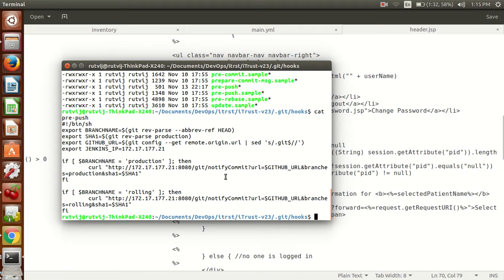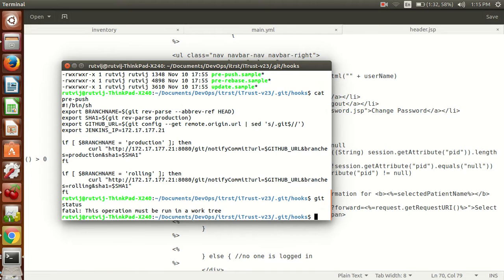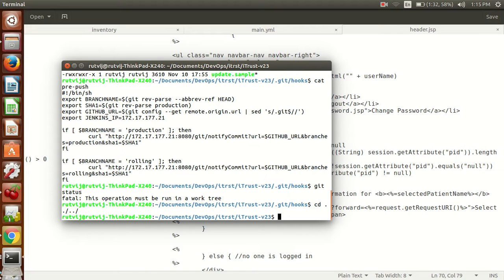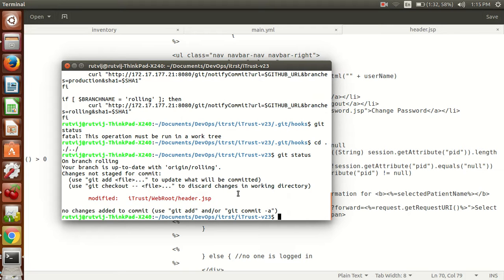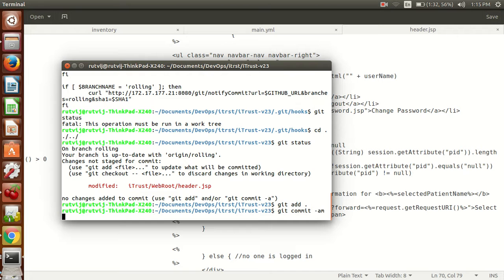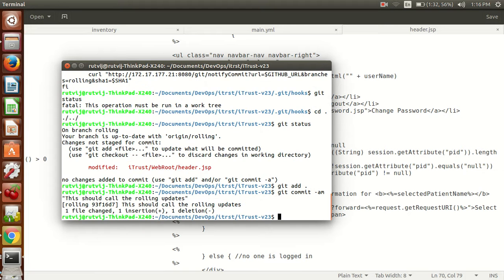and now let's see if my changes are there. I need to go back. So as you can see, my header file is updated. I'm going to add those changes. I'm going to commit it,